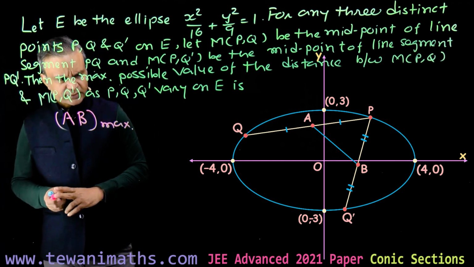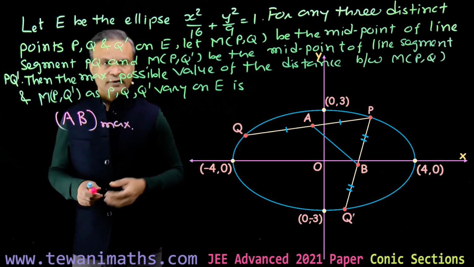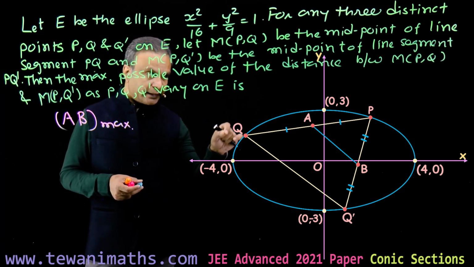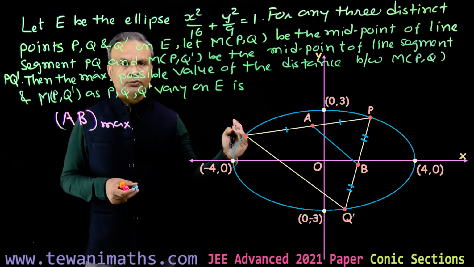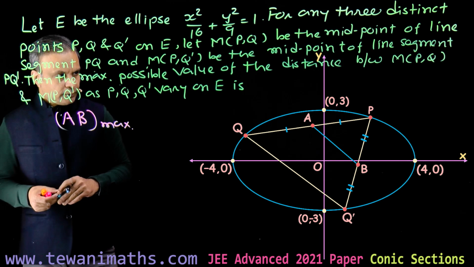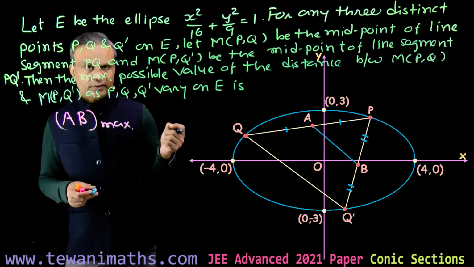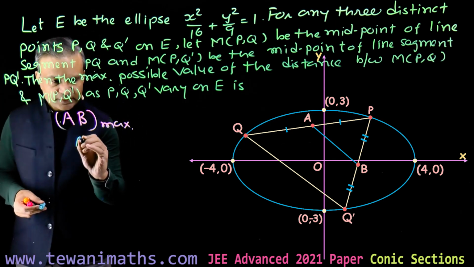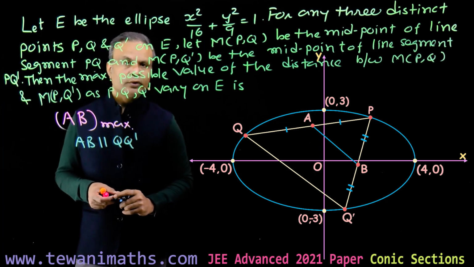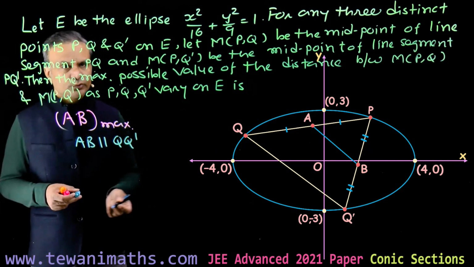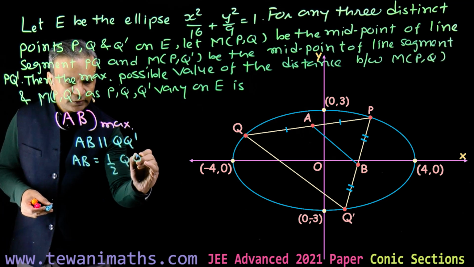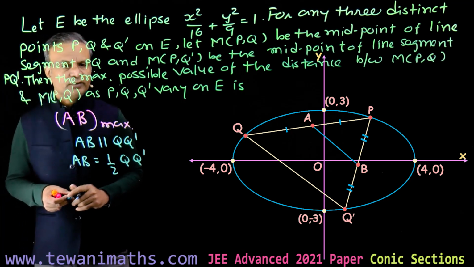Now here we can use simple geometrical properties of a triangle. Now join points Q and Q dash. So we have triangle PQQ dash in which A and B are midpoints of sides PQ and PQ dash. Okay. Now what do you get from this figure? What do you see in this figure? We have one simple geometry of triangles, that is AB is parallel to QQ dash. A and B are midpoints of sides PQ and PQ dash. So AB will be parallel to QQ dash, and length AB will be equal to 1 upon 2 multiplied by length QQ dash. Length AB is half of the length QQ dash.